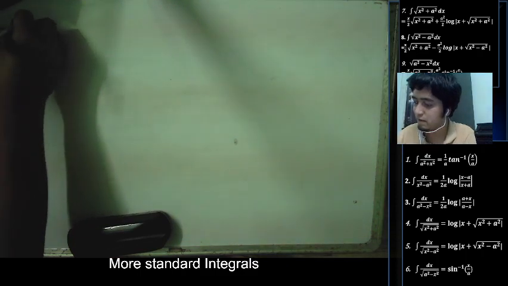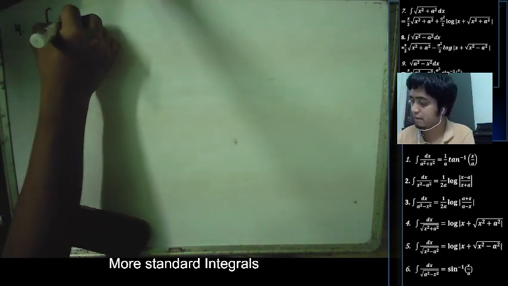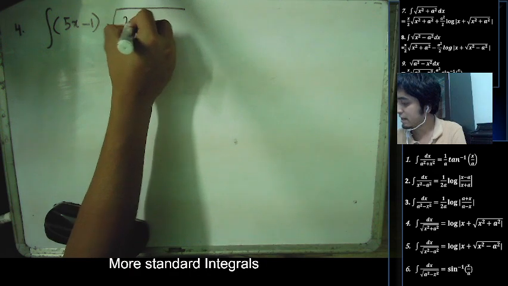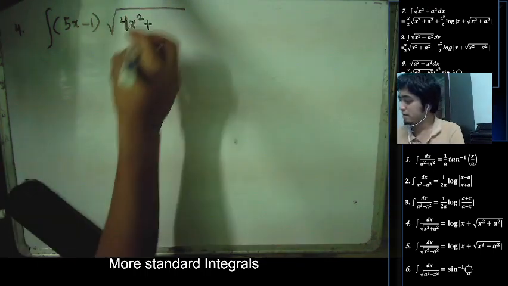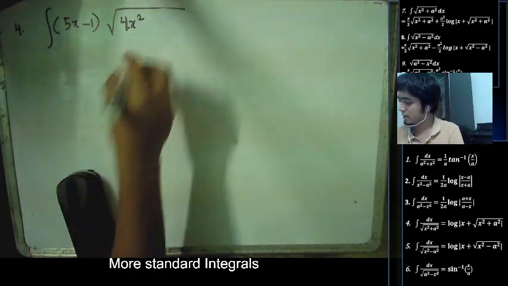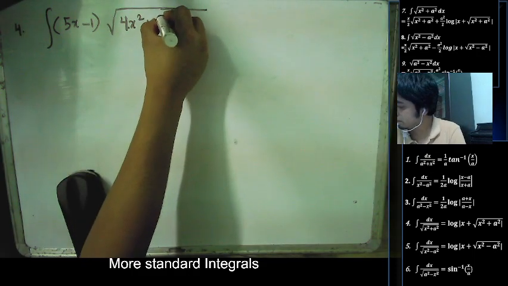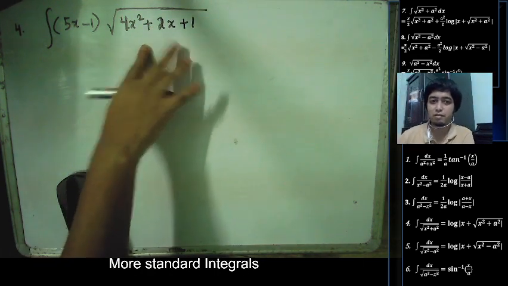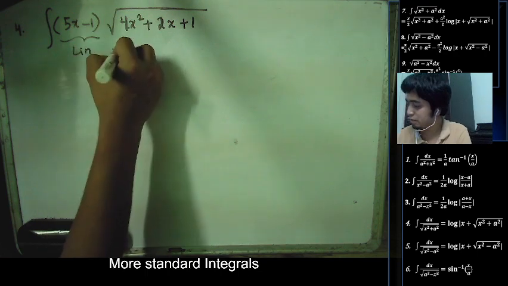Maybe problem number 4, where we are having a linear, let us say 5x minus 1, and then a quadratic, let us say 4x squared plus 2x plus 1. I will make it simple this time. Okay, let us do this. I hope that it will be simpler. But since this one is linear over root quadratic,